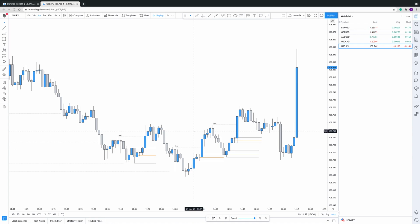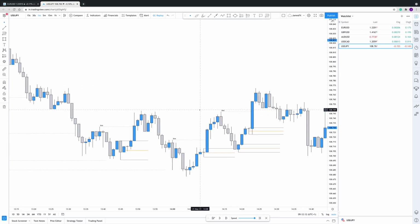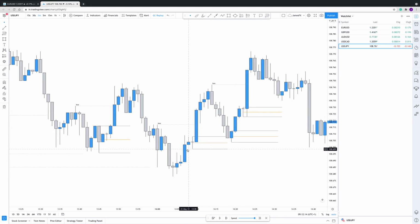Now with imbalances, as you know, we trade them as extra confluence. I don't recommend trading off of the imbalance because it won't work out for you. We need to just use them as extra confluence. So what does that mean? Well, now we've broken structure again,